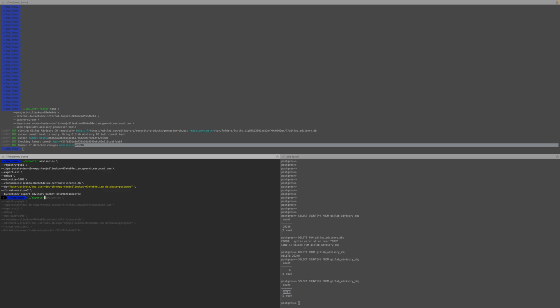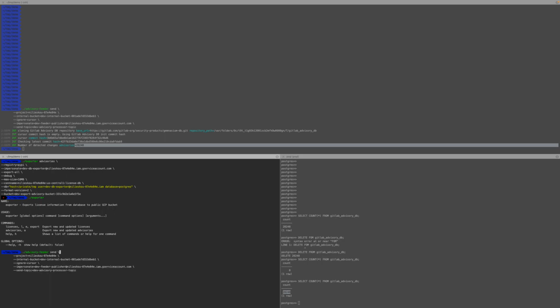When we run the exporter, you see that we have 2 different CLI commands, one for licenses and one for advisories. So basically we use the same code base for licenses and advisories. This is very nice, I think. Now if I run the exporter for the advisories,